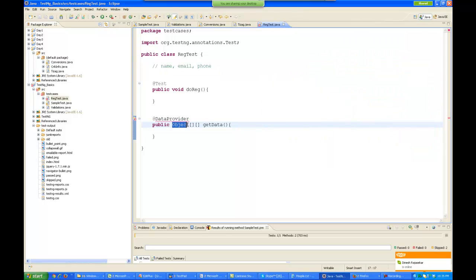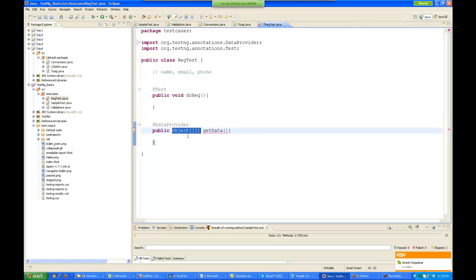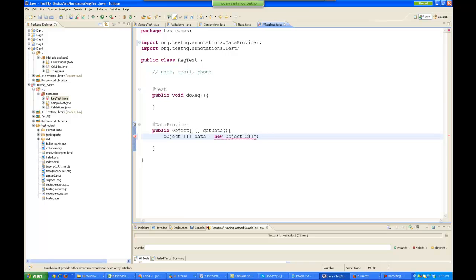Alright, so what we'll do here is make a two-dimensional object array like this: Object data equals new Object. You specify the number of rows here, for example 2 rows and 3 columns. Rows equal to 2 means I need to run this test 2 times. And the number of columns is 3 because we have 3 parameters over here. So you have the rows first and the columns after that defined in this two-dimensional object array. And you write it like this: data[0][0] equals,